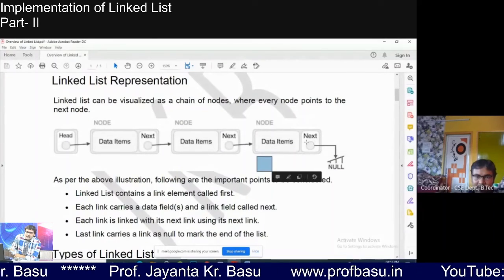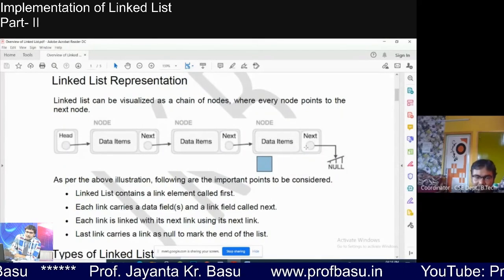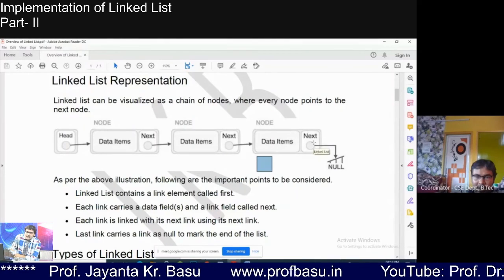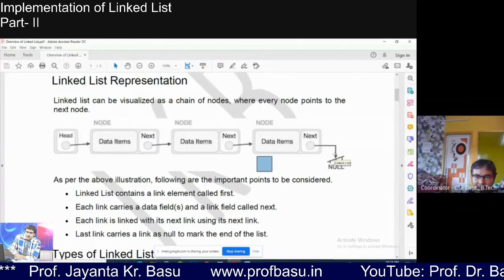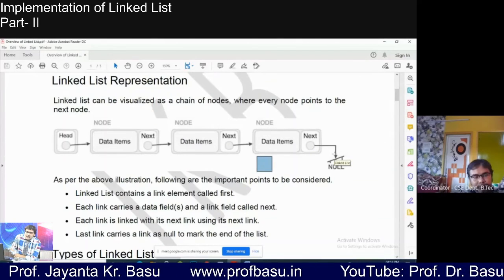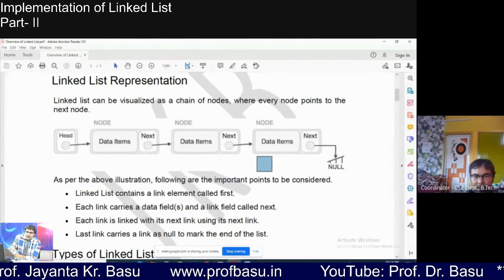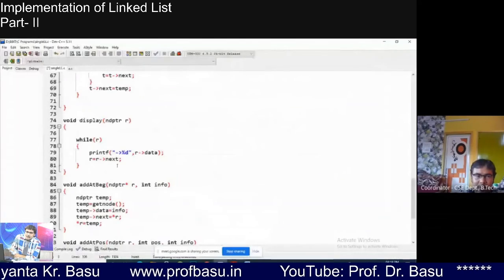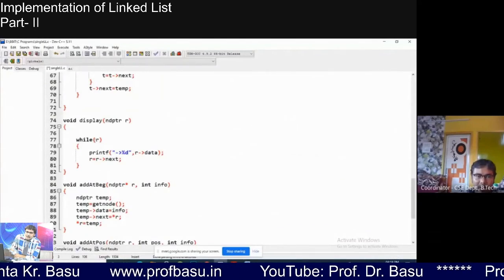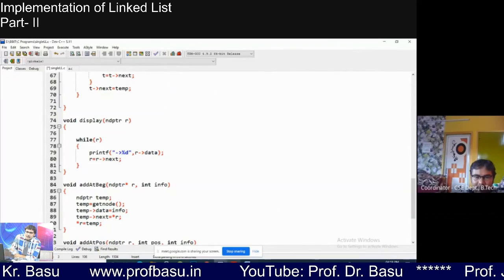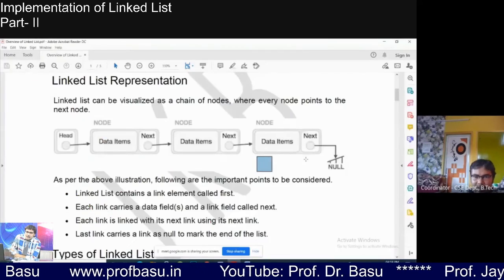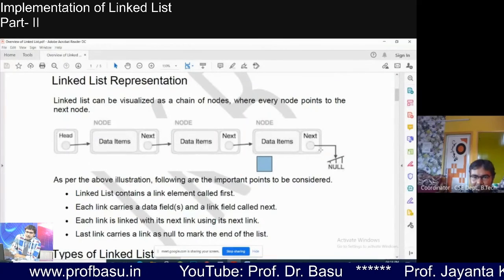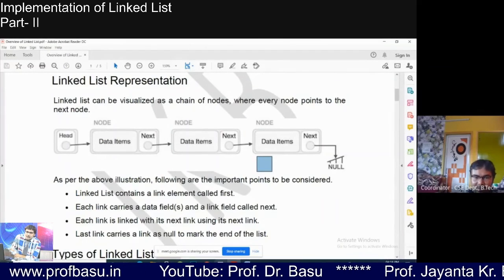At the last node, r next will be null. So after displaying the third node, r will move here. r is r arrow next, so now r becomes null, isn't it?